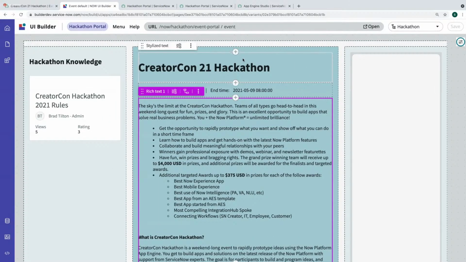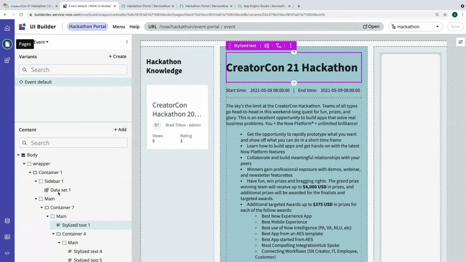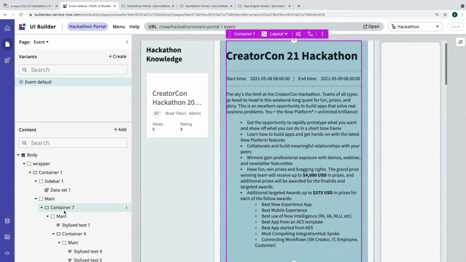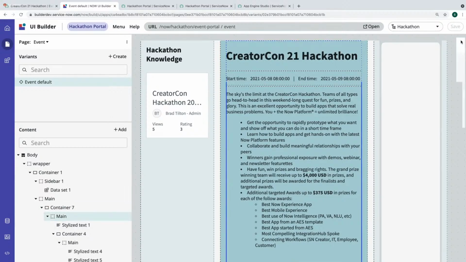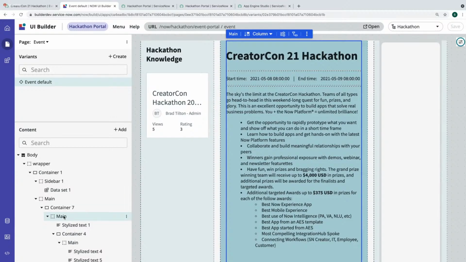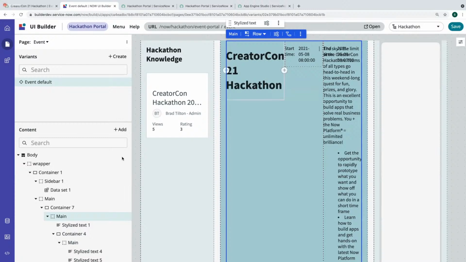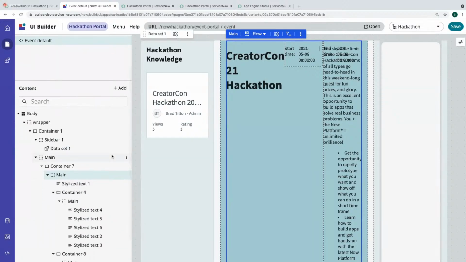All right. So I think I may want to do something with this container, which is, nope. It's this one. And can I break that into... oh, I can only do that. Let's do this then. So I'm going to make this be a row instead of a column, and that did not work.